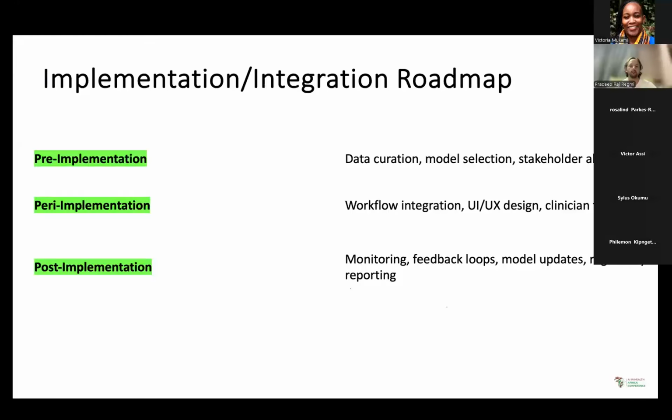So the integration roadmap can be applied in a pre-implementation, peri-implementation, and post-implementation framework. Pre-implementation would involve data curation, model selection, and stakeholder alignment. Clinician training and workflow integration can be done in the second step, and implementation monitoring, feedback loops, and model updates can be there. So if this integration roadmap is followed, we definitely can integrate AI models in